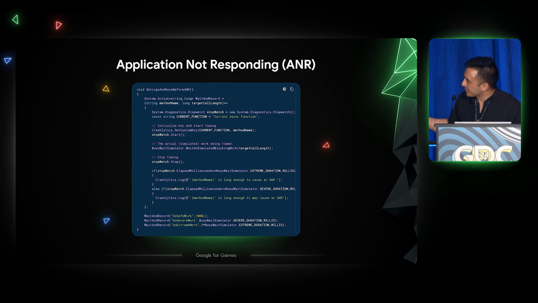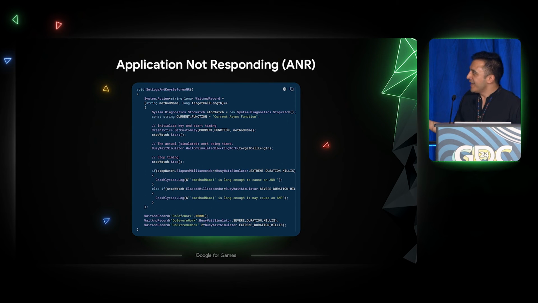But long story short, I'm starting a stopwatch, and then I set a custom key for what method is being run. The stopwatch starts running. I start a busy wait simulator, something that starts work on the main UI thread. And then once that is done, I stop and I record whether or not something was in danger of causing